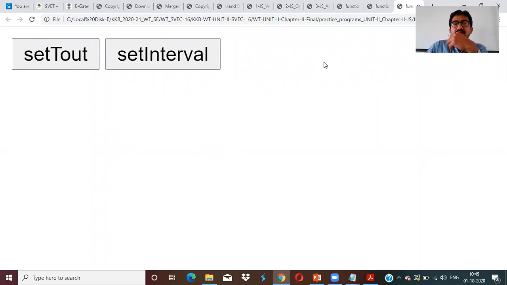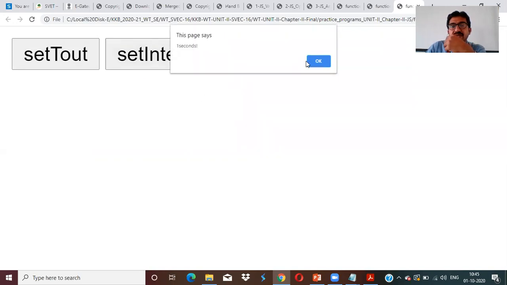If you want to make time intervals, you can use setInterval. For every 1 second, the alert box will be displayed, so I keep clicking OK, OK, OK, whereas setTimeout runs only one time after 5 seconds.